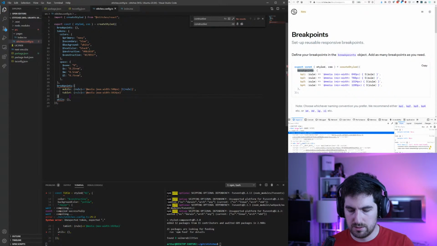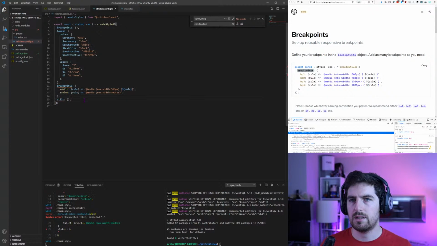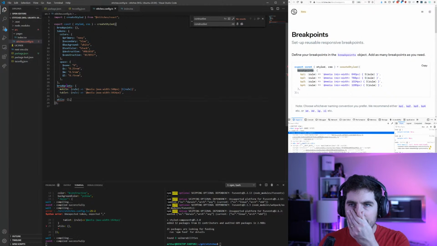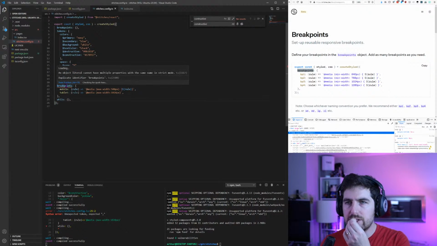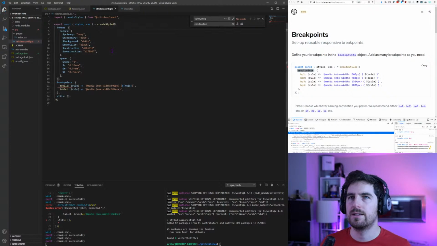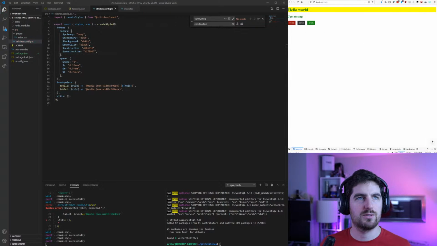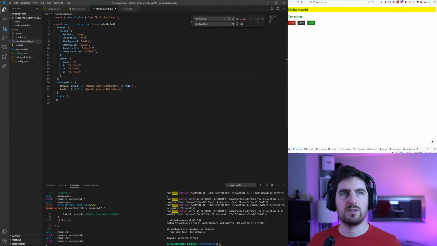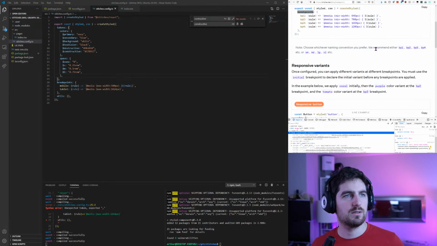I'm missing a comma here. An object literal duplicate. Sure, I'm stupid again. Let's go. So I have my different breakpoints, and now